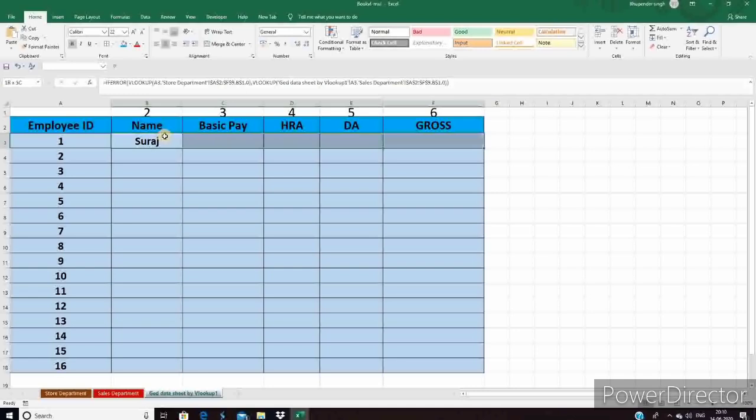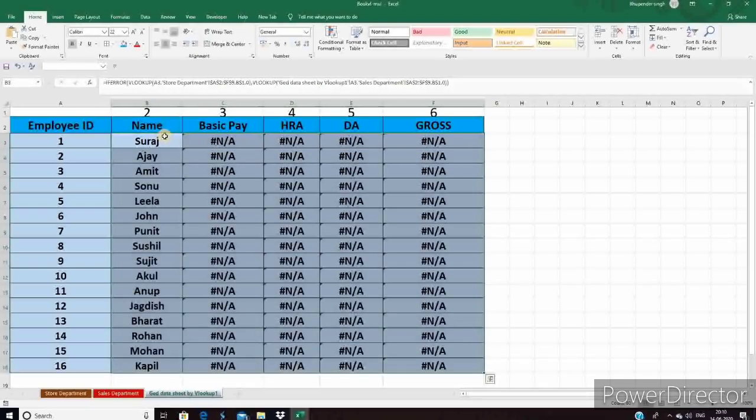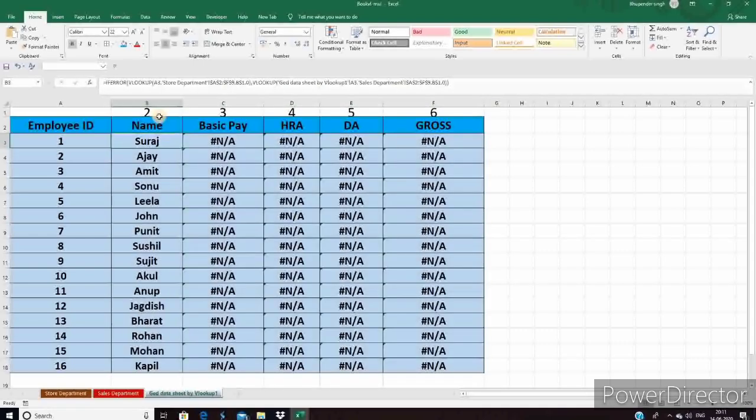Let's press enter. So here we have an answer. You can see guys, let's drag this. Let's see what error we will face. So guys, this is the error we were talking about earlier. So you can see we have name column perfect, but rest of columns we have error. So guys, we are showing this error deliberately, so that you can have the proper knowledge.